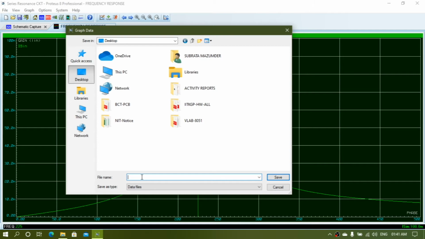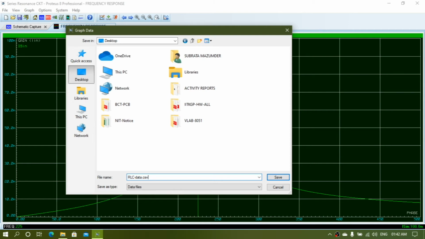you put a name just like RLC data, but you have to mention here the extension name as CSV, otherwise the file will be in data form, so it will not directly open from the Excel application.